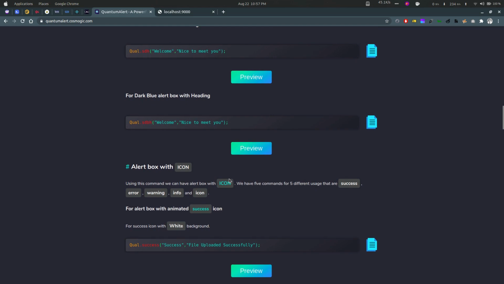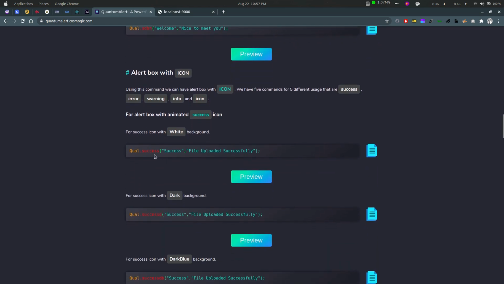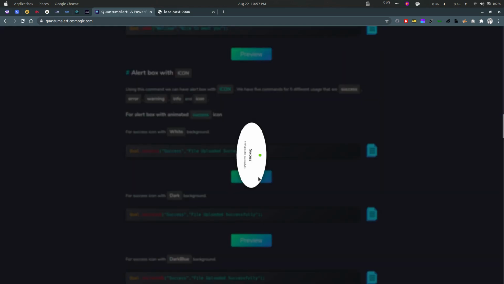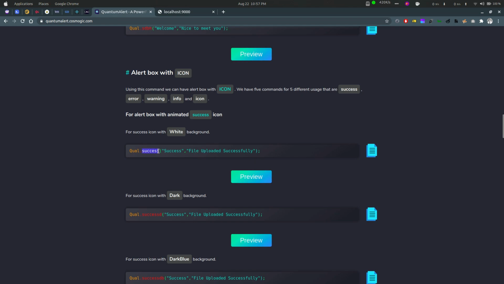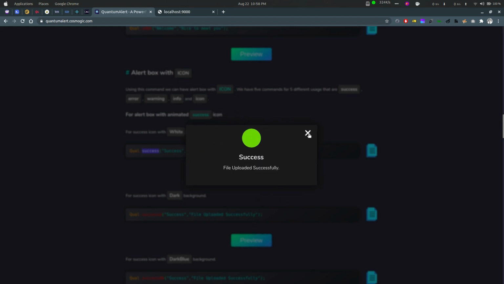Now let's explore more. This is for the success icon. You can see it here. This is the icon with the success heading and subheading. This is the success function, which has the SVG icon of success. This is success dark, with a dark background. You can see it here.